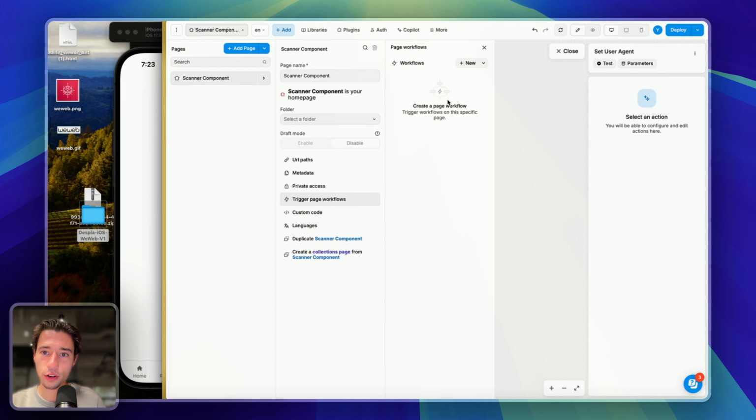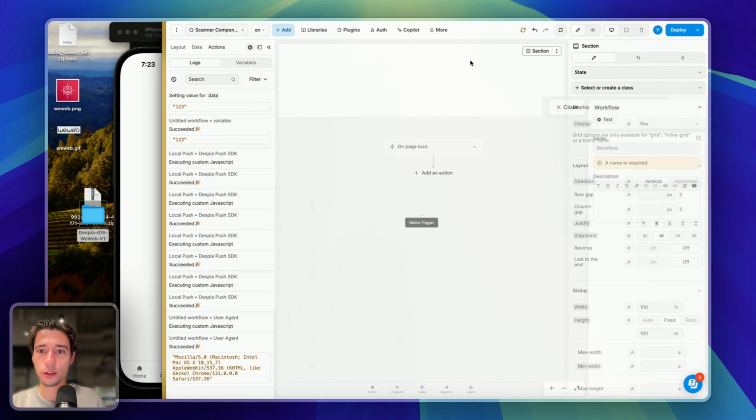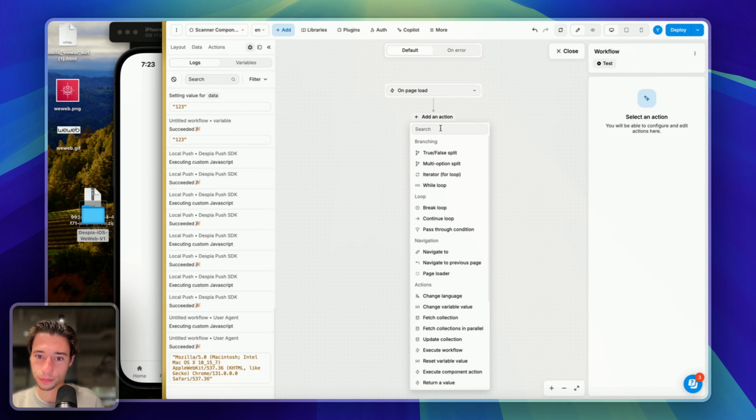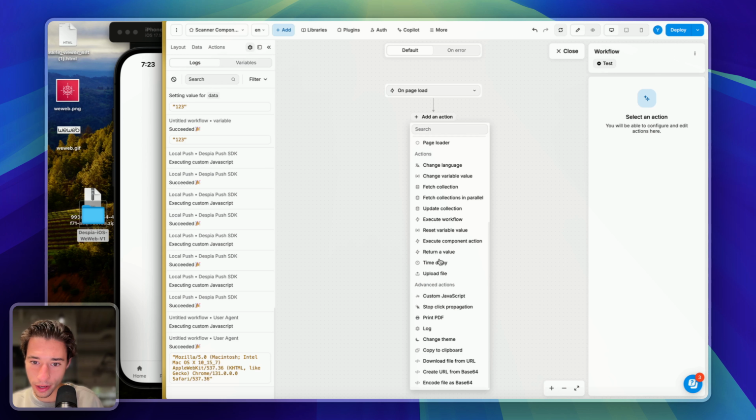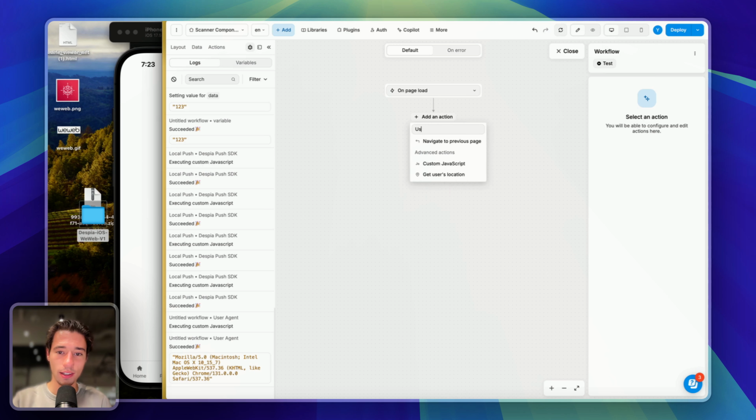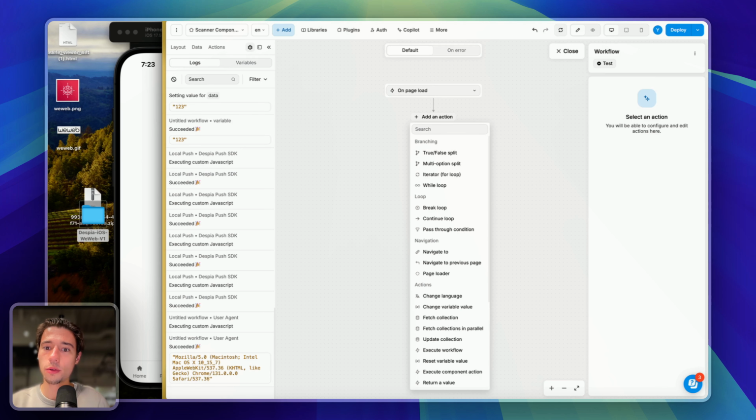Trigger page workflows. Here you go. We'll create a new page workflow. I think I may create a reusable workflow. Let's look at that again. What was it, like user? No. So we'll just do this again. So we'll run